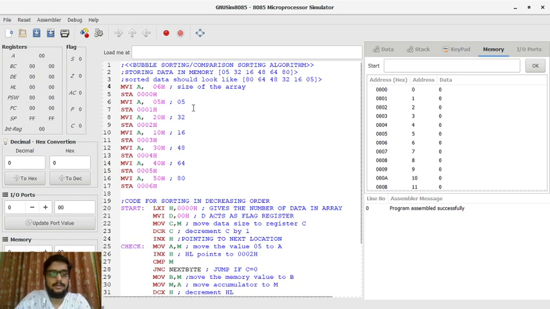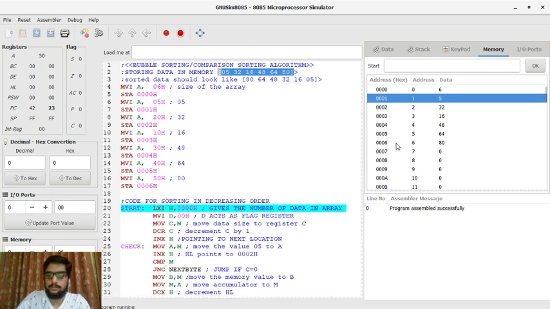The first instruction is MVI A, 06. 06 stands for the size of the array, because I have 6 elements. It stores that value in A. Let's see with the code. It first goes to this point and stores the value in the accumulator, which is shown here. Then it stores the value in this memory location, and it continues with every other value till we get to point number 17. At point number 17, it has stored this array as it is in memory locations 01 to 06.